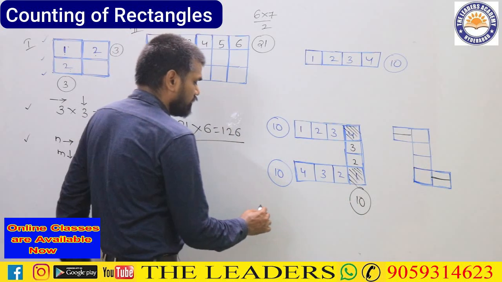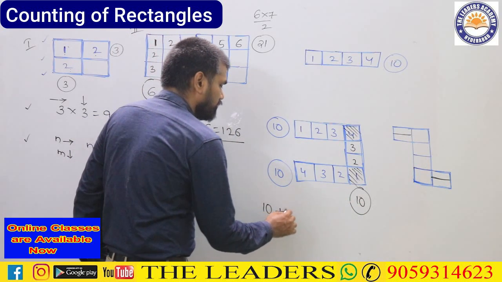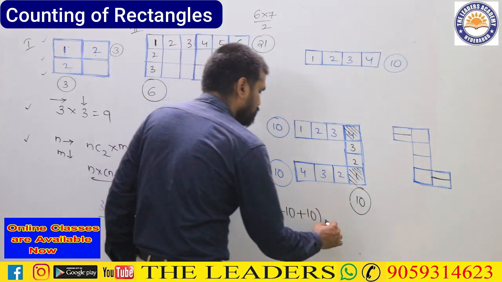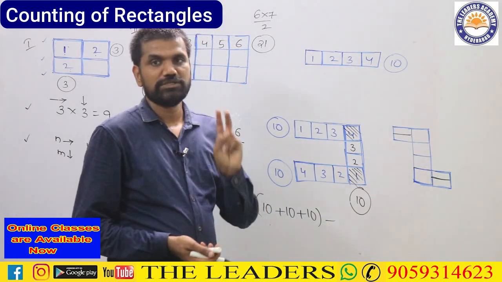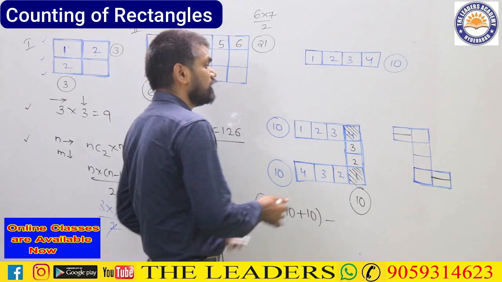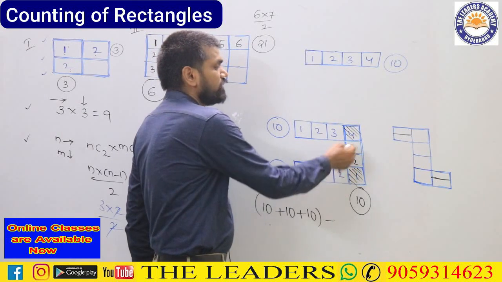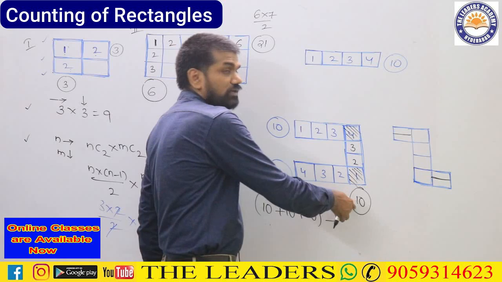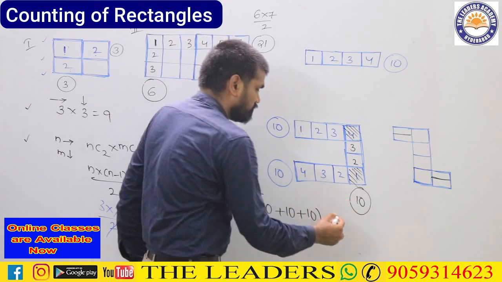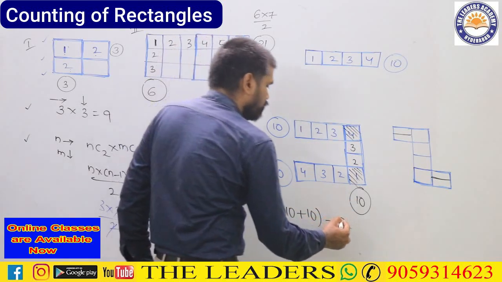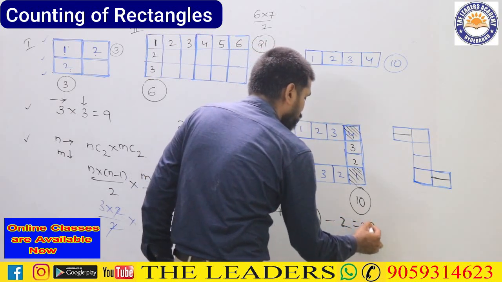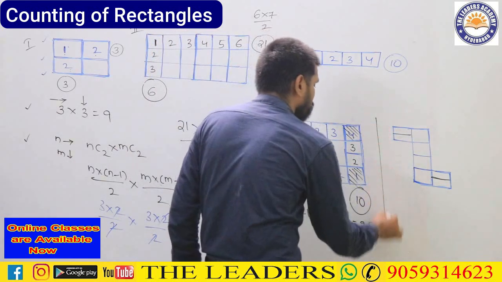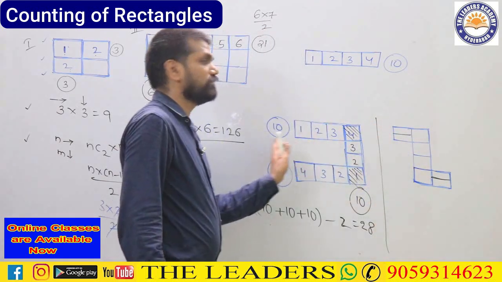That's why in total the number of rectangles here will be how much? 10 plus 10 plus 10 I am taking. I have to remove whichever have been counted twice. So there are 2 rectangles which are being counted twice into this sum as well as into this sum. That's why I should not take the 2 rectangles over here. That's why I am removing 2 from that. In total it will give you how much here? 28. In the same manner, if you take this into consideration, this is slightly different from this again.